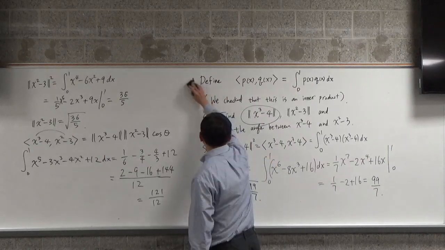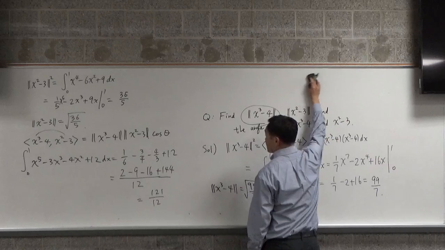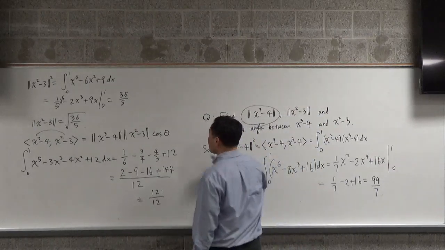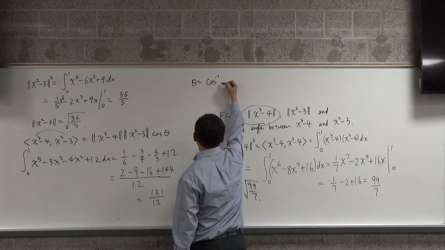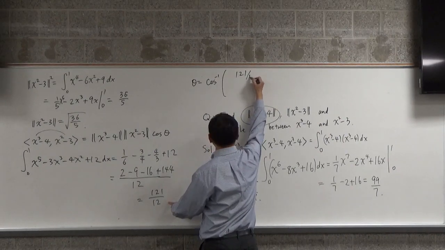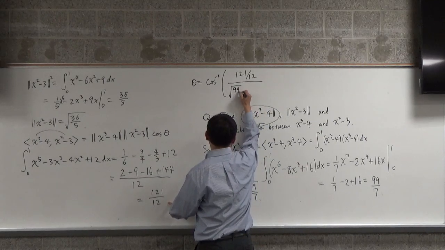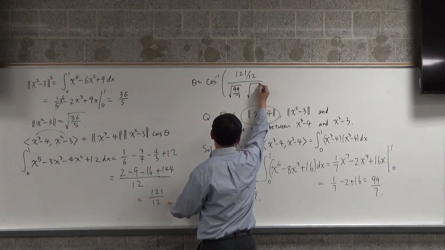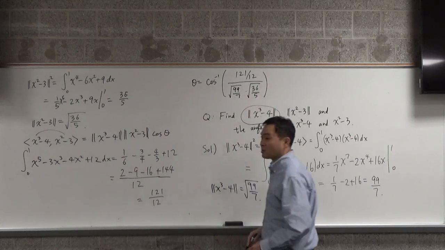And therefore, you do the arc cosine, right. So the theta is going to be cosine inverse of this humongous thing, 121 over 12 divided by square root of 99 over 7 times square root of 36 over 5. And you can use a calculator to